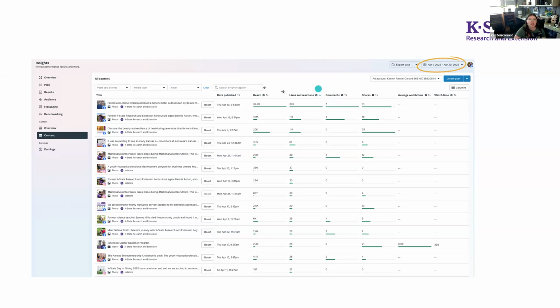And then you're able to sort these based on pretty much anything. So you can look at it based on date. That's the default. When I track my top posts, I track it based off of likes and reactions. So you would just click that little arrow and now you can see that likes and reactions is descending. So I would consider that post up here at the top to be our top post for the month. If you would like to track based on reach, most of the time those two will be the same post, but sometimes not. If you are tracking based on reach, you can do the same thing just by selecting those two arrows next to reach.